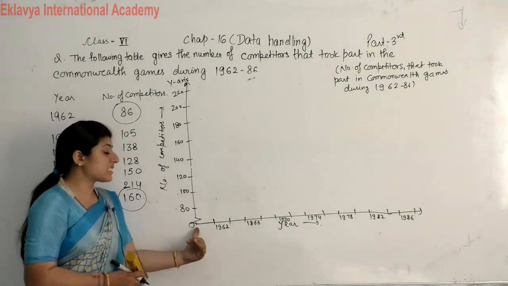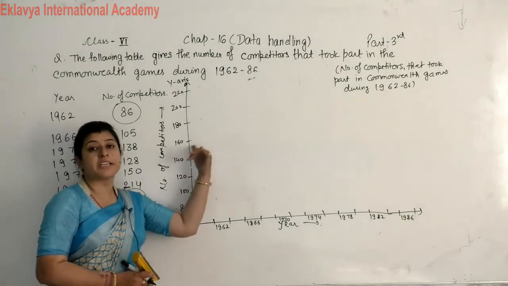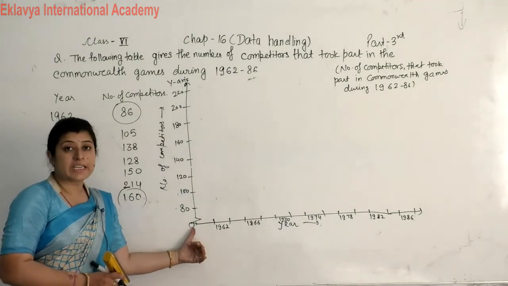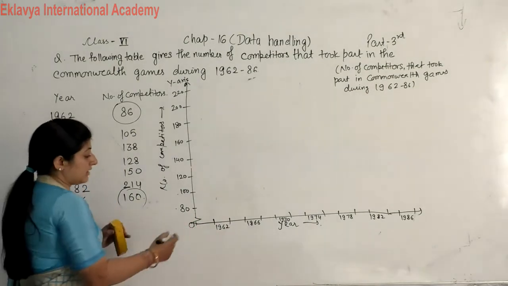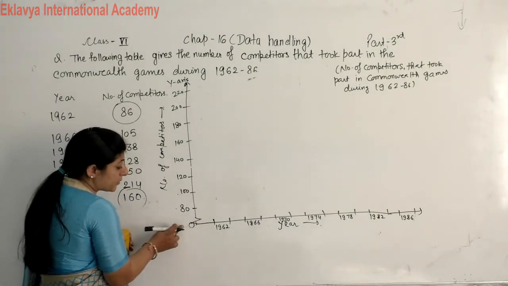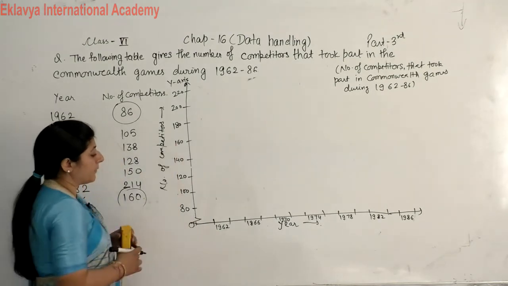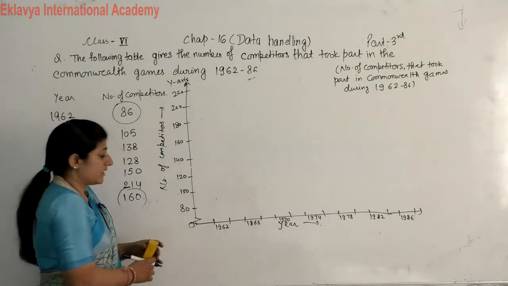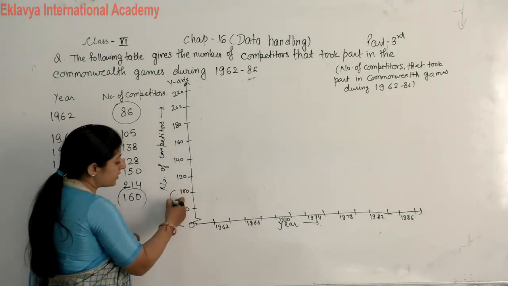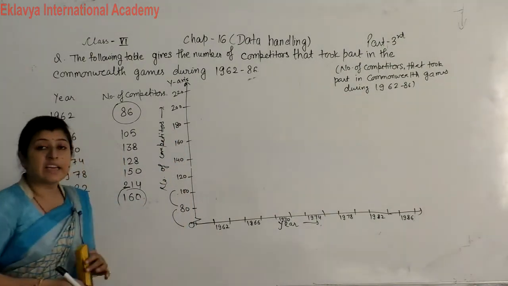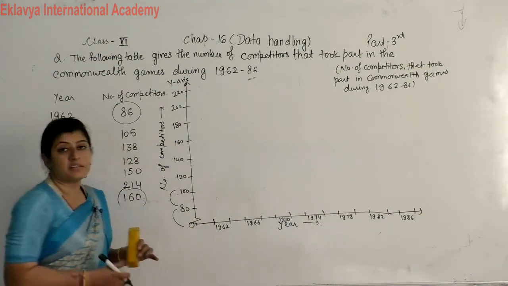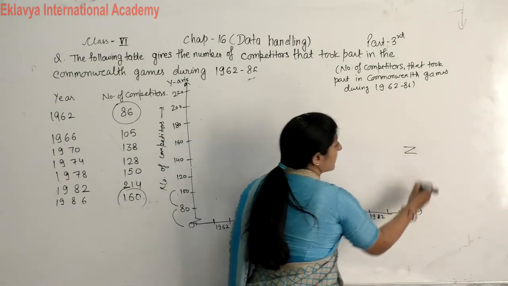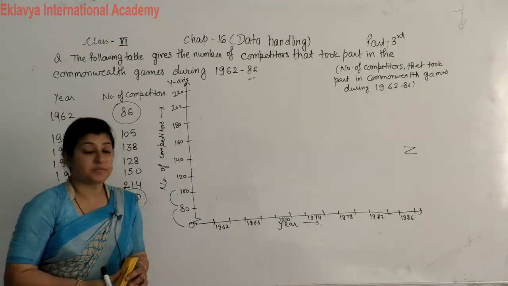It means in the starting it is taking 20 gaps, but we don't need that, which is why we put a kink sign here. Whenever the gap from 0 is not equal, and after this they are equal, but this one is not equal to all these gaps, then we put a kink sign here. The zigzag sign like this is called a kink sign.